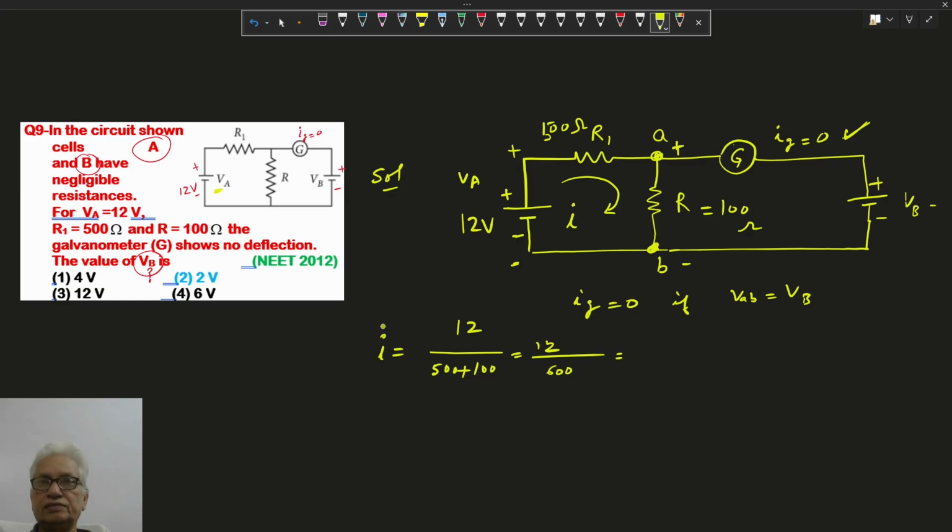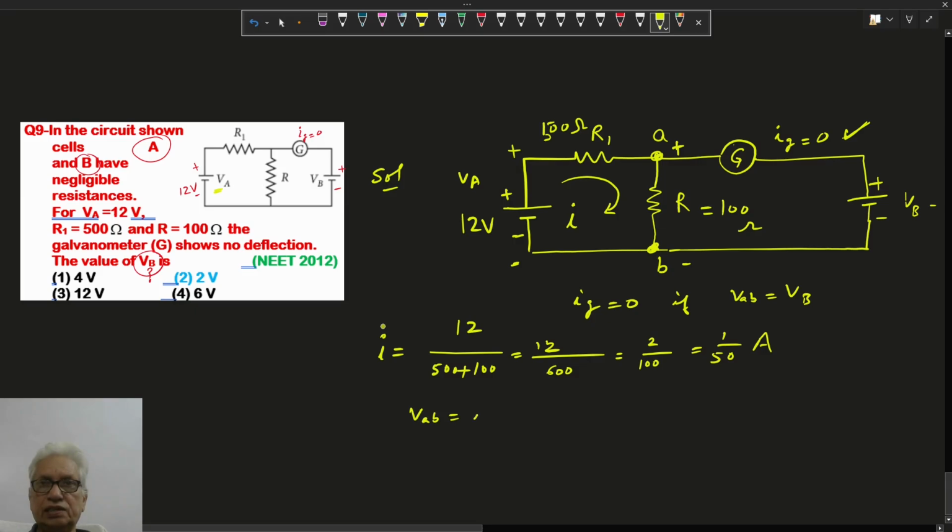Here 6 cancels, 2 upon 100 means 1 by 50 current. And now EB equals I R, where R is 100. So 1 by 50 times 100 means 2 volt. So option